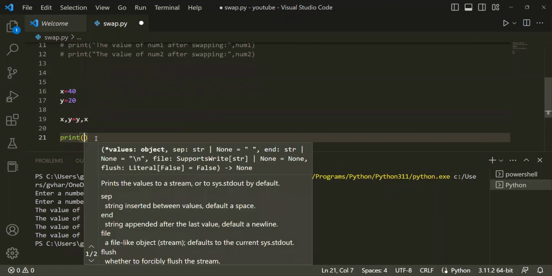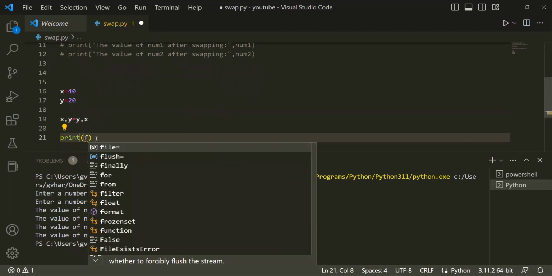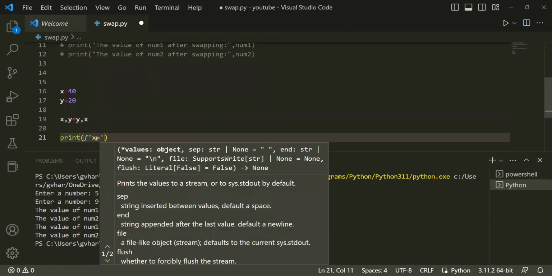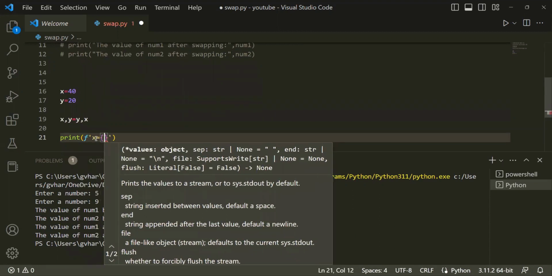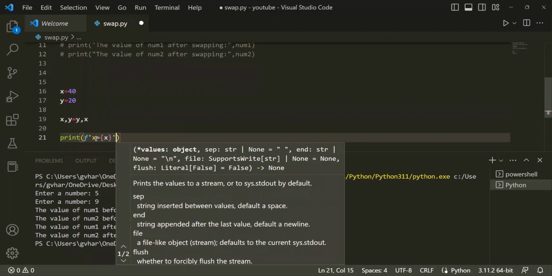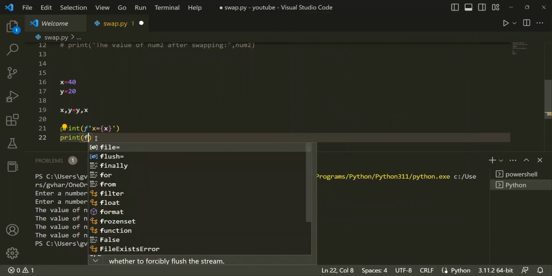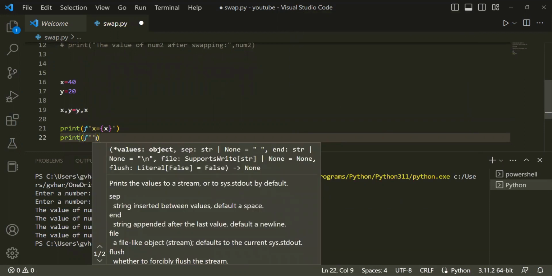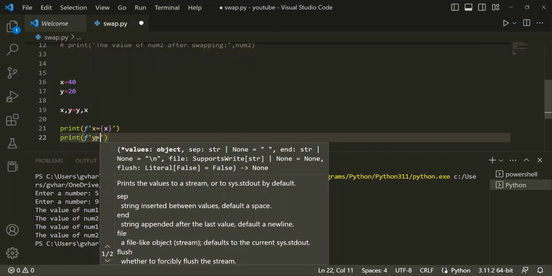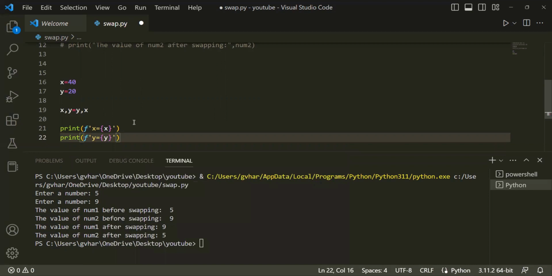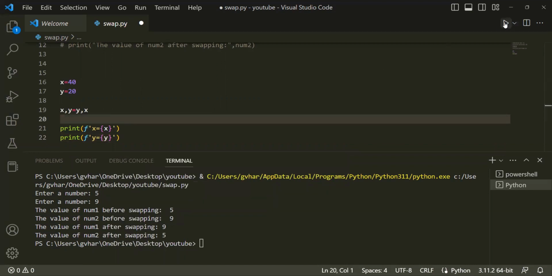So let me print this out. Let's say f string, it's a format string I'm using here. So x is equal to, what is the x value? We have to pass it here. Print, and in the same way we have to pass the y value. Y equal to y. Okay, if I run it,